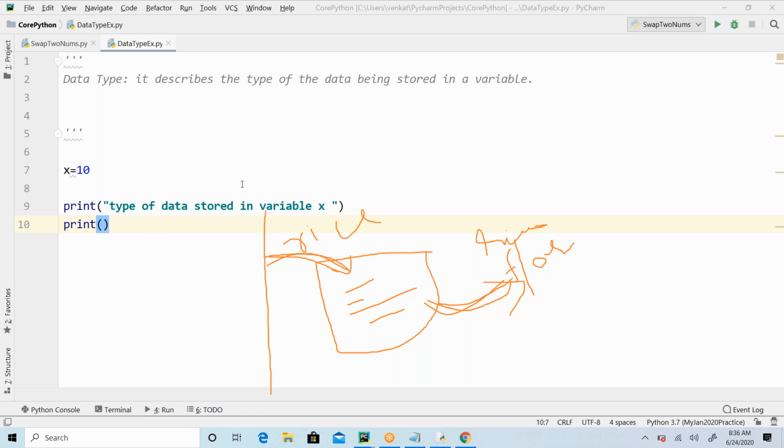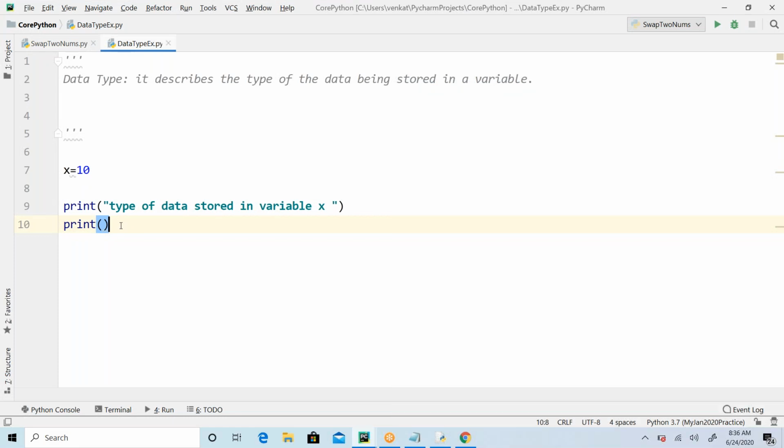In a similar way, there are predefined functions available already, you just need to use them. To know the type of the value stored in a variable,